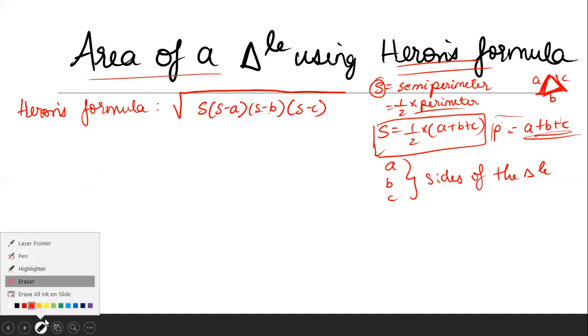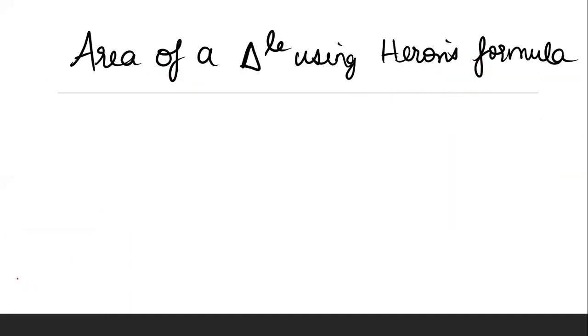Now, one second. So now we will see two examples and we will wind up this session. We will see how we can find the area of a triangle using this Heron's formula. Oh, sorry, I forgot to do one more thing. We have to finish area of a triangle using Heron's formula, then we will go for application of Heron's formula. So that one part is also remaining. Sorry, I forgot.